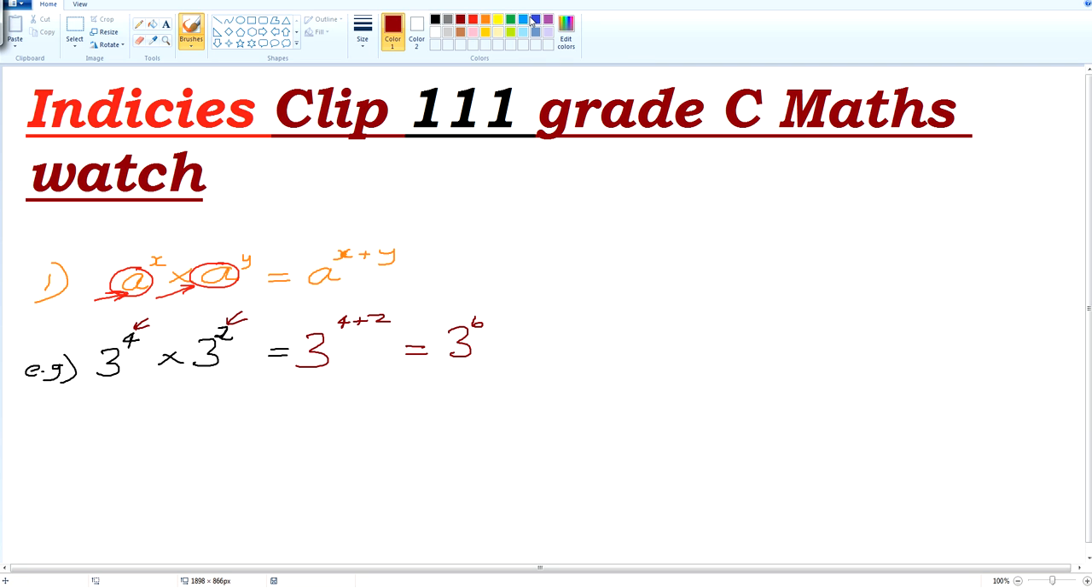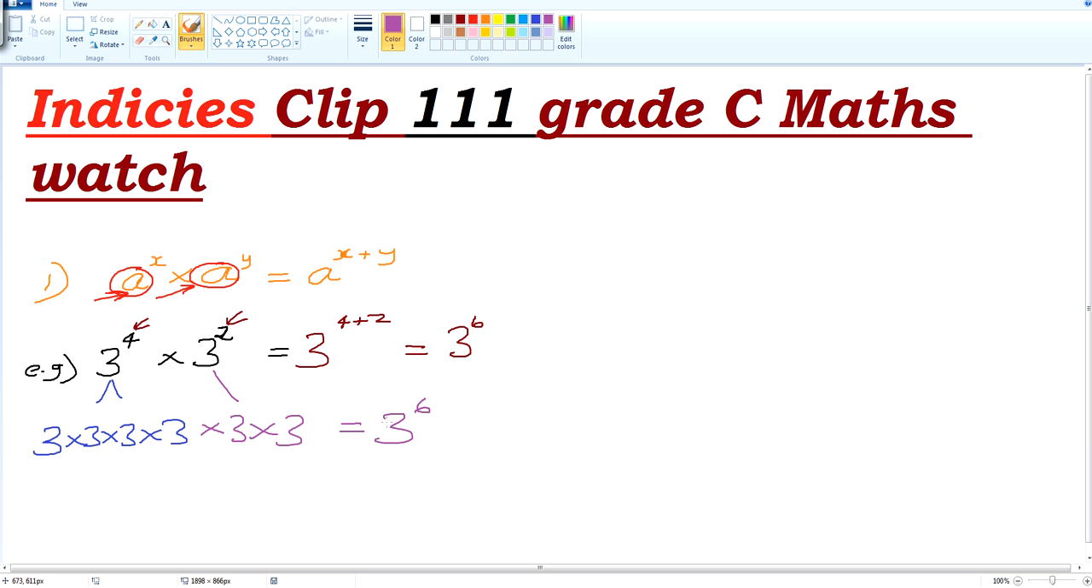Now let's have a look at it in more detail. So what is 3 to the power of 4? 3 to the power of 4 is what? 3 times 3 times 3 times 3, isn't it? Yeah. And the next one, which is 3 squared. 3 squared is what? 3 times 3. Now, how many 3's do we have now on the bottom? So what I'm doing now, I'm explaining to you where this rule has come from. So we've got 1, 2, 3, 4,